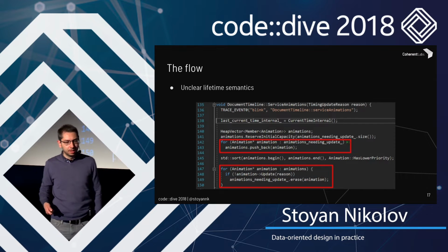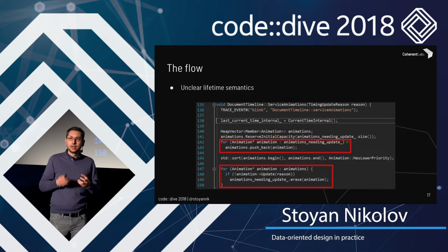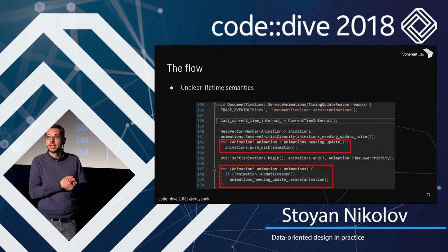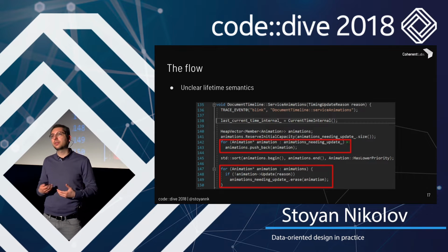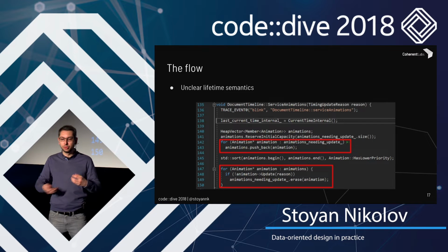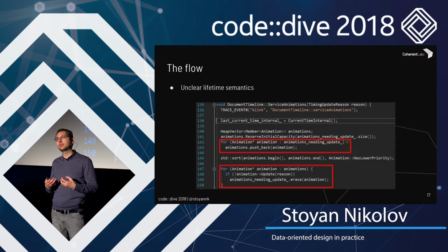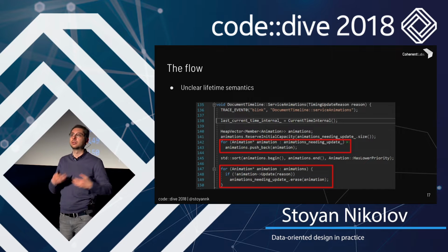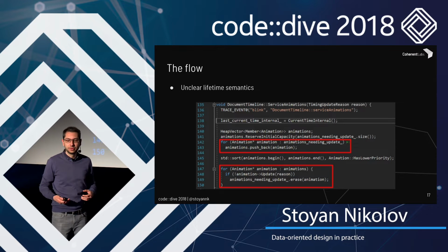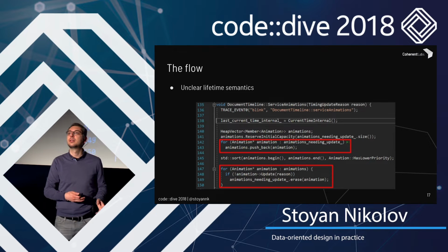This is good. It's what you would expect, but we already see something peculiar, and it's that they're not iterating over the vector of the animations that need update. They're actually copying that and iterating over the other one. And the reason for this is that apparently there are code paths that will lead, during the animation running, to the deletion of that pointer within the original vector. So it's already difficult for us, as people that are reading the code or people that are going to maintain that code or work upon it, to reason about the cases when that vector will be modified. And that has some interesting